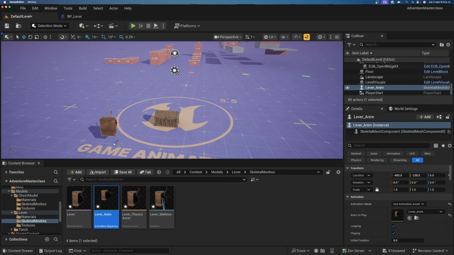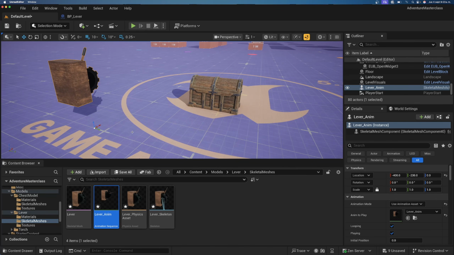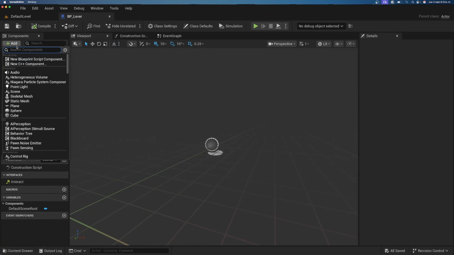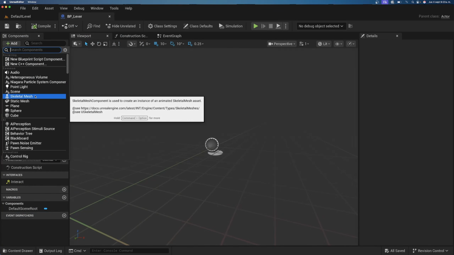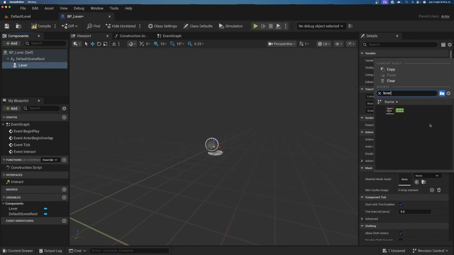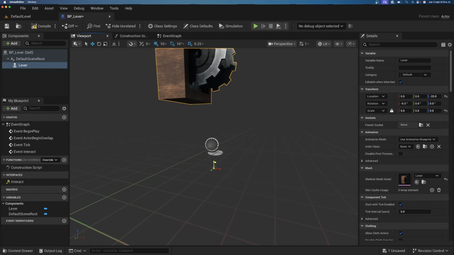And now, as you can see, we have this lever. And the reason that we put it to 100 is because it was too small at first. Now, honestly, maybe 100 is a bit too big, but it's okay. We can just resize it and it will be good to go. Perfect. So now we can go back into our lever 3D model and just add a skeleton mesh. Remember, we're adding a skeleton mesh because we have an animation to play. So now we can just type lever, and then over here select lever, and then we can maybe make it a bit smaller, maybe 0.8,